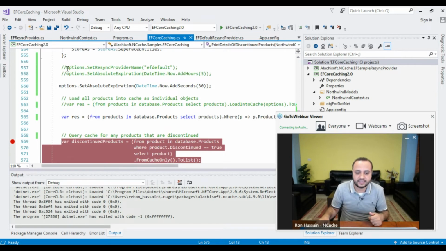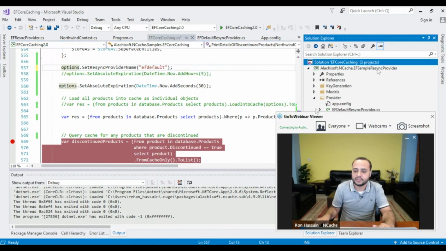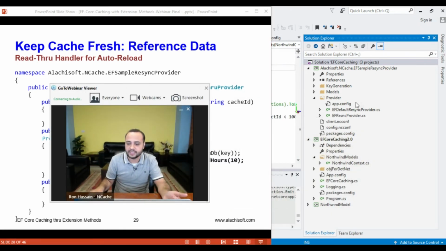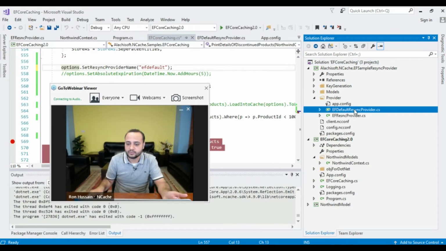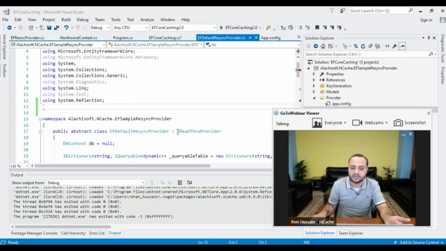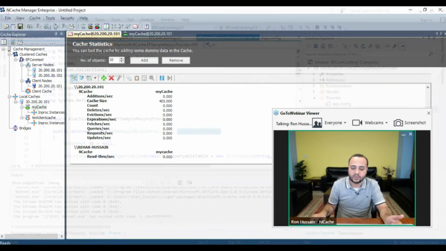And that's exactly what we will do with the help of this set resync provider name. I have a sample resync provider, which is right here, IReadThruProvider. We have given you a default implementation of this. This is our IReadThruProvider. All you have to do is,